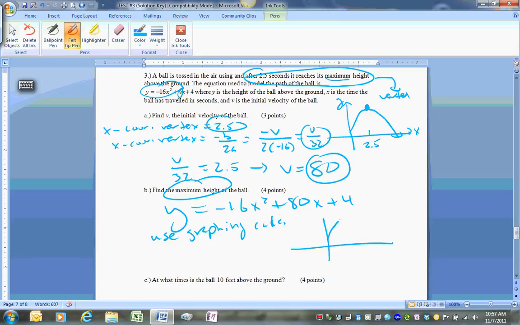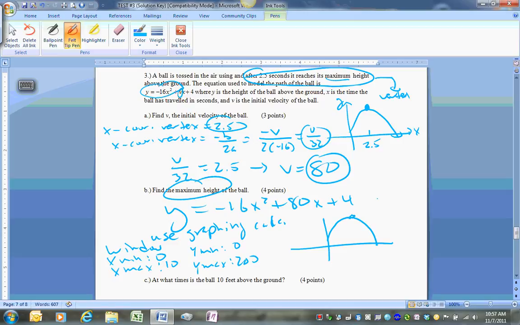So when you do the graphing calculator, we get something kind of like this. And your window should be the following. X min, I'll probably do 0. X max, we'll probably say 10 seconds. Y min, we'll say 0. Y max, we'll say 200, because this ball might go kind of high. So when I work this out in the calculator, and if I graph it correctly, I wish I could show it to you,